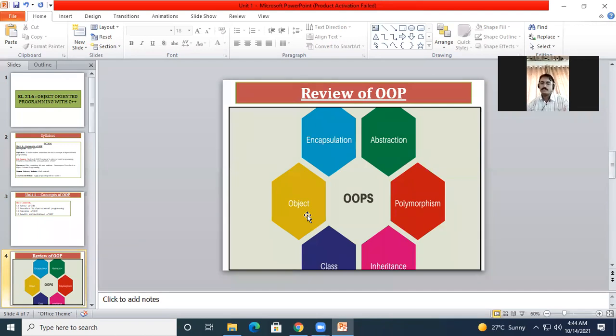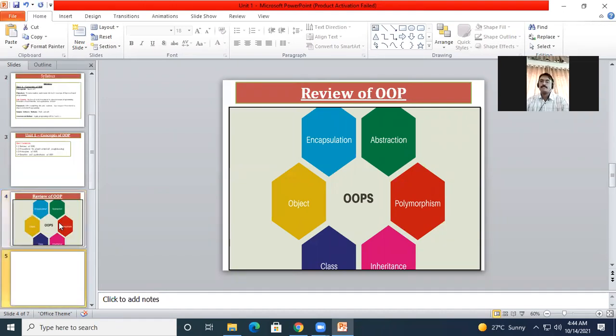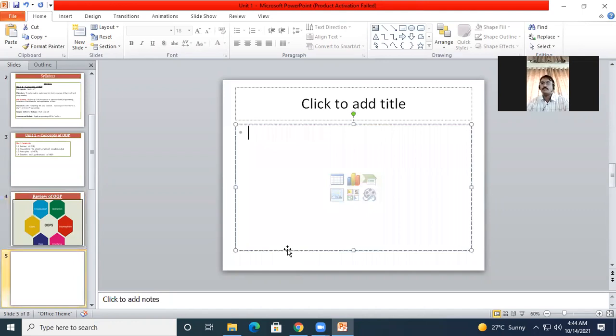Now we have seen the main method or the function in C programming. So what is the syntax for a main method? Yes, can anybody tell me? I will write it here.